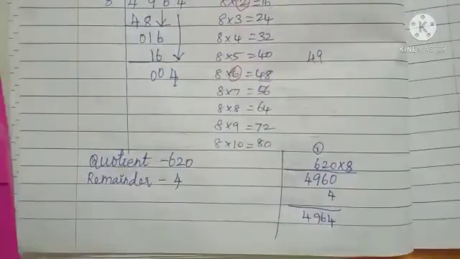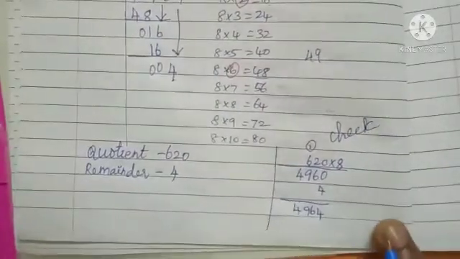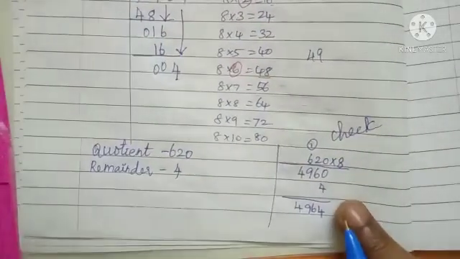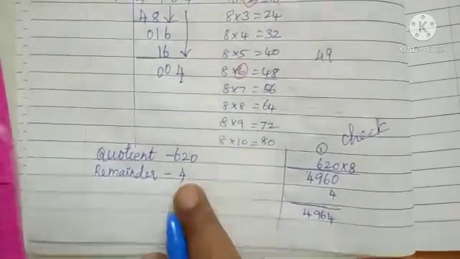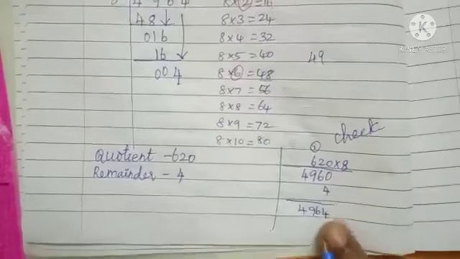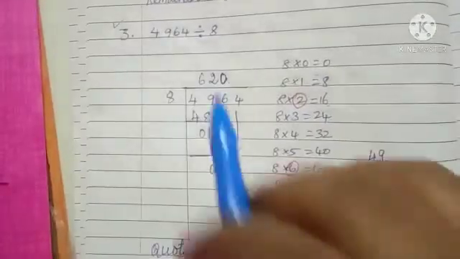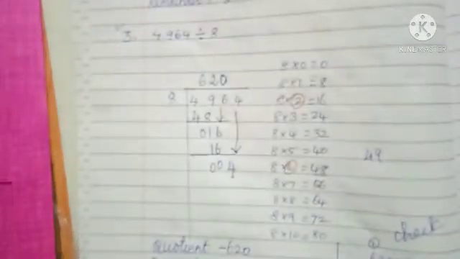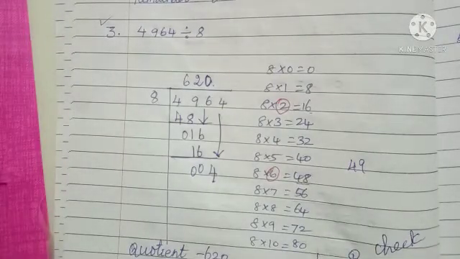So that is the check. நம்ம போட்டிருக்க சம் கரெக்டா இல்லையா அப்படின்னு செக் பண்றதுக்காக நம்ம என்ன மெத்தட் யூஸ் பண்றோம்? மல்டிப்ளிகேஷன் method. And you add the remainder number 4. So add here and get your question, 4964 divided by 8. Okay children, check whether it is correct or wrong, then you find that it is the correct answer. Shall I move on to the next sum now?